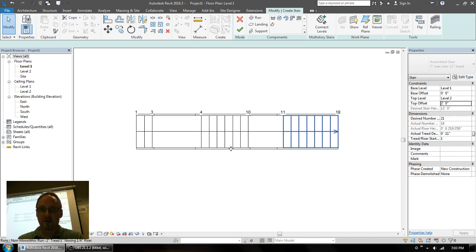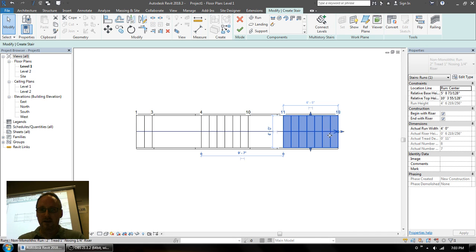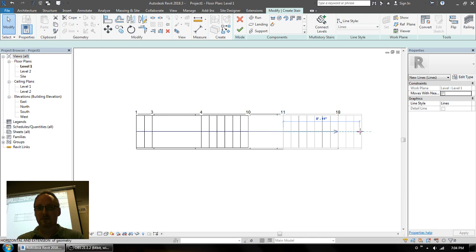So I'd have to click on my uppermost flight, and there are a couple of drag handles you folks need to be aware of. There is a circular drag handle which increases or decreases the number of risers in the entire stair. So here if I drag that circular handle out,